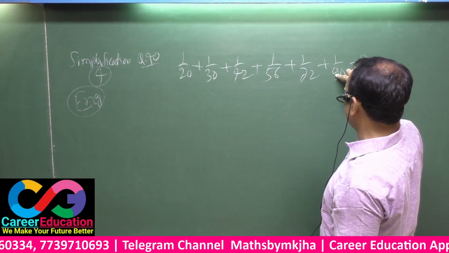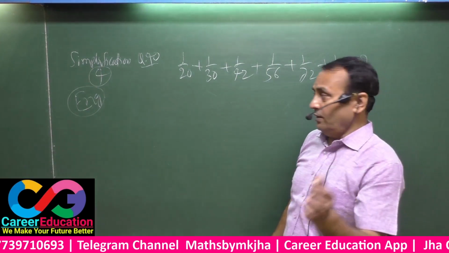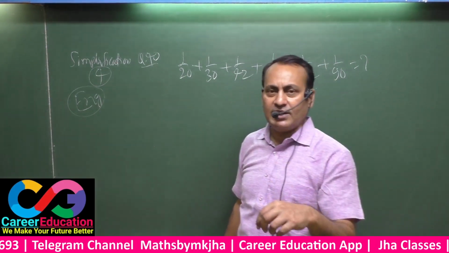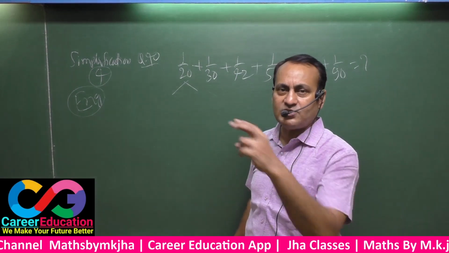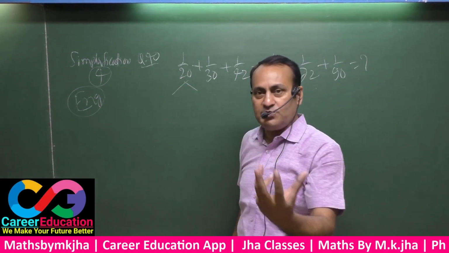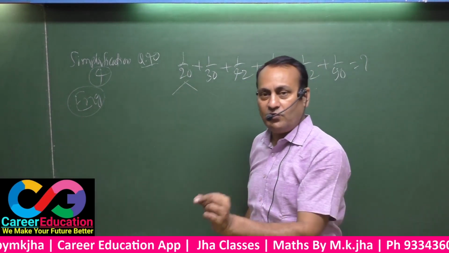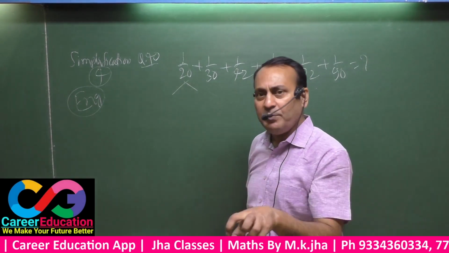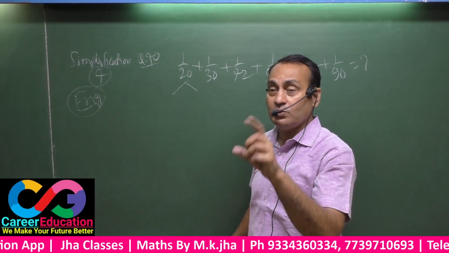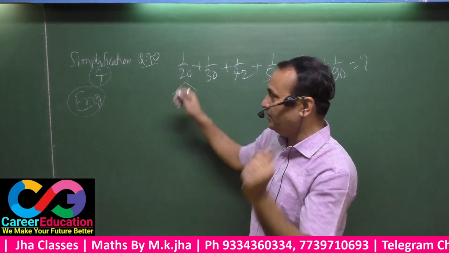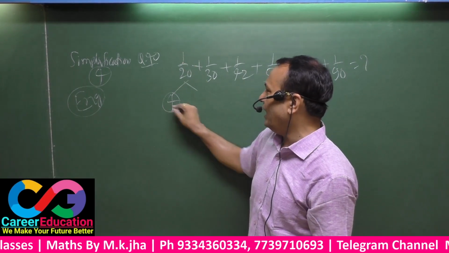This was your question. In order to get the technical answer, firstly you have to think about two factors of the given number. This will be 2 into 10, 4 into 5, 1 into 20. You have to pick only those two factors that have a difference of 1 as well. That means this will be only 4 and 5.